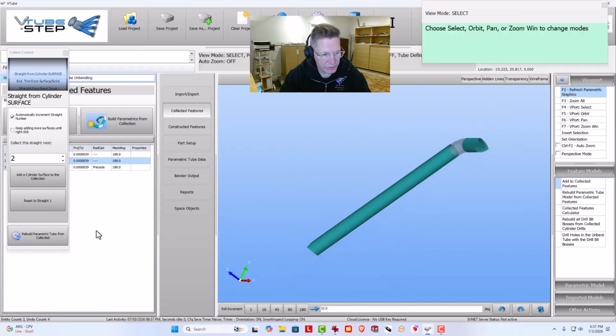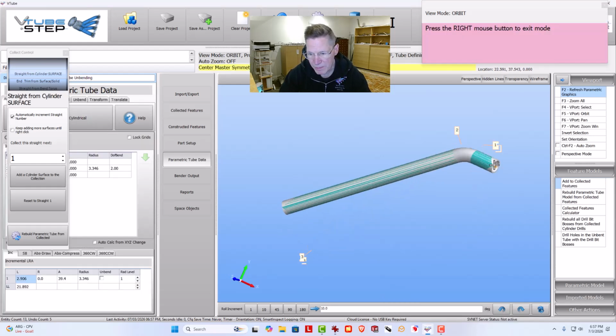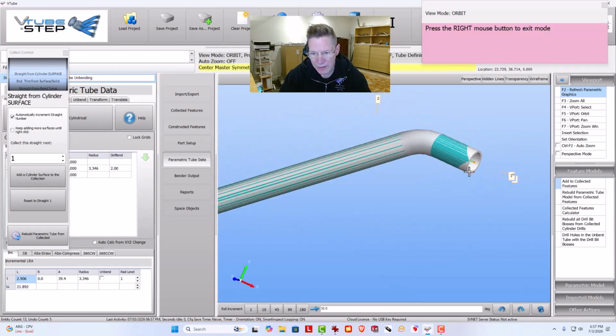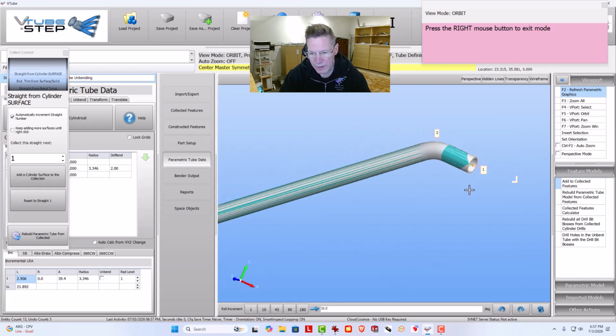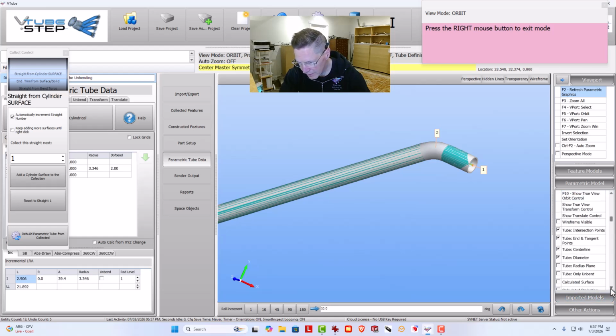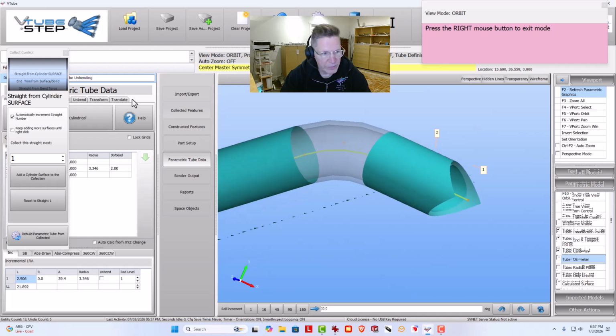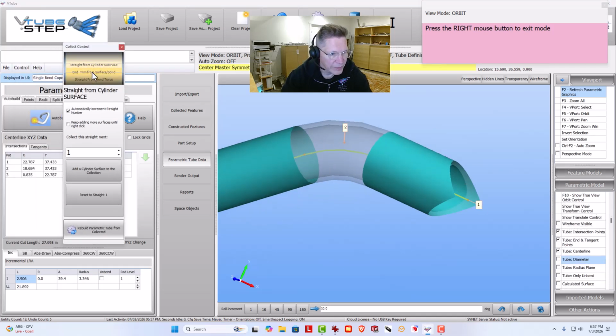The first thing I'm going to do is just rebuild the parametrics. This just shows us the tube that is being built by center line and diameter and wall thickness. Now I'm going to add the coping itself as what's called a drill. I'm going to turn off the tube diameter, and I'm going to go back to the collect control window, and